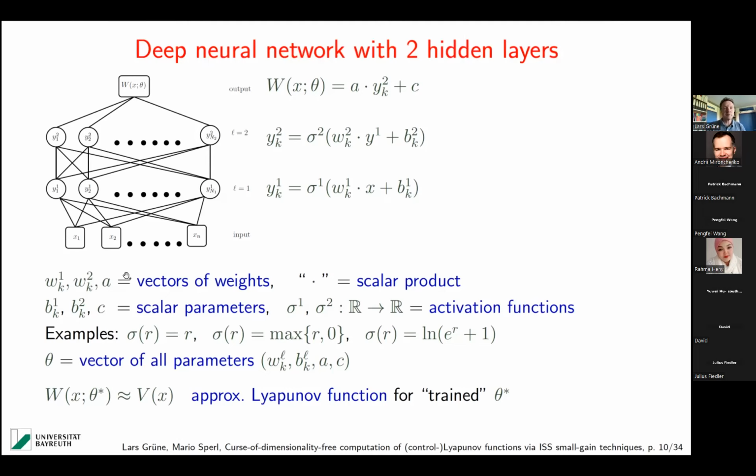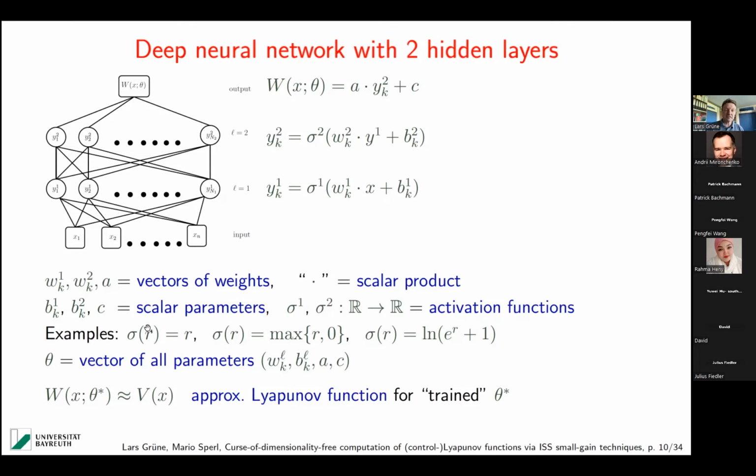Now, how does this neural network work? How does this represent a function? Well, what you do is you have the input here in my picture, the lowest layer, which depends on the components of the state vector, x1 to xn. And then you send them all into these neurons here. And what happens in each neuron? Well, each neuron is just a storage for a single scalar value. You take the x, you multiply them with a vector of weights, then you get a scalar. You add a so-called bias term, and then you have a scalar value here depending on your input x, and you process this with a certain function sigma 1, which is called an activation function.